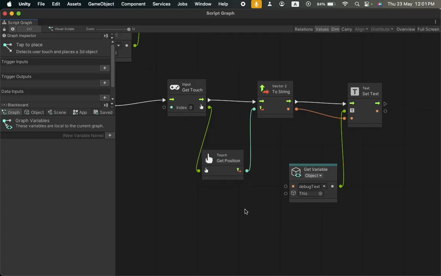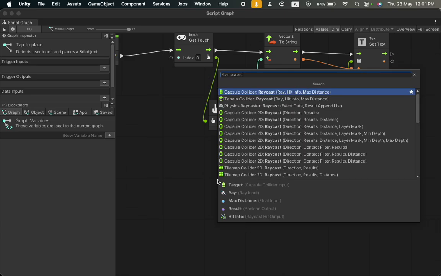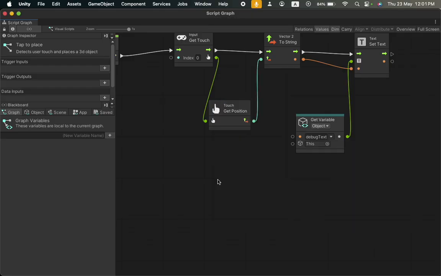Now to do AR Raycast management, we need something related to AR Raycast, but you see it is not coming here in the suggestions. That is because this is something related to AR. This package needs to be installed. This package is not installed. Once it is installed, only then you will see nodes related to AR. So for that, you need to go to,